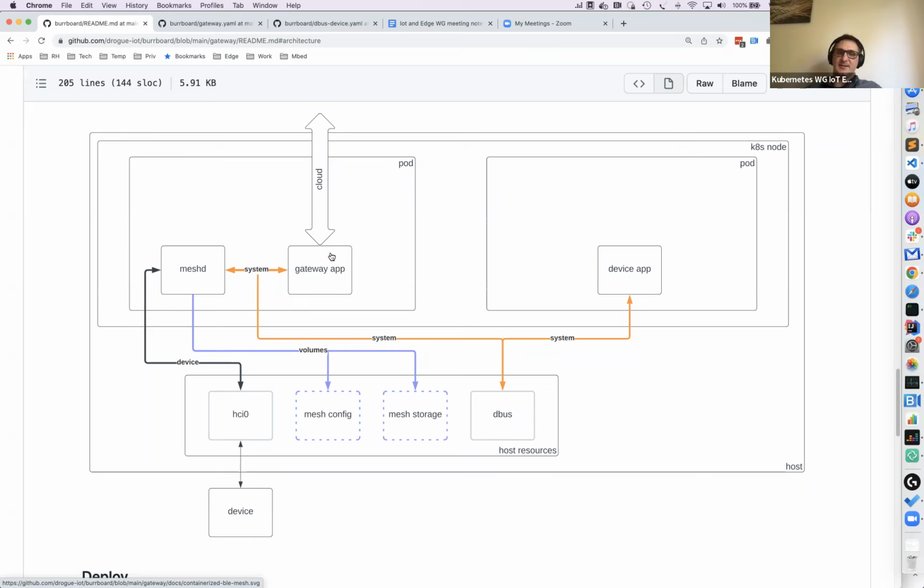So that's something that we are going to tackle in the future. Hopefully, we'll have enough time and resources to actually contribute a proper BLE mesh stack into Bluer, so that things can work there. And that's important because.